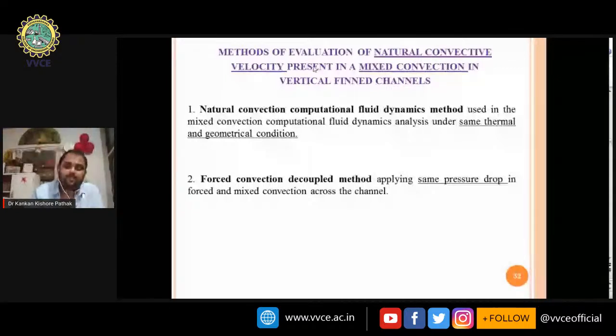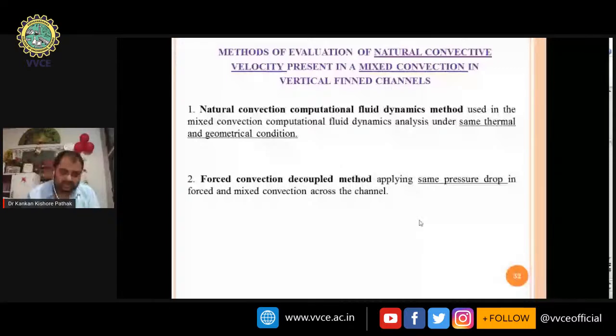in vertical fin channel. Now, suppose this is a problem of mixed convection. In mixed convection, we need to find out how much of natural convection component of the velocity and how much of the force convection component velocity is present in case of the mixed convection. In order to find it, we have actually two methods. One method is known as natural convection computational fluid dynamics method, used in the mixed convection computational fluid dynamics analysis under same thermal and geometrical condition. And other is the force convection decouple method, applying the same pressure drop in force and the mixed convection